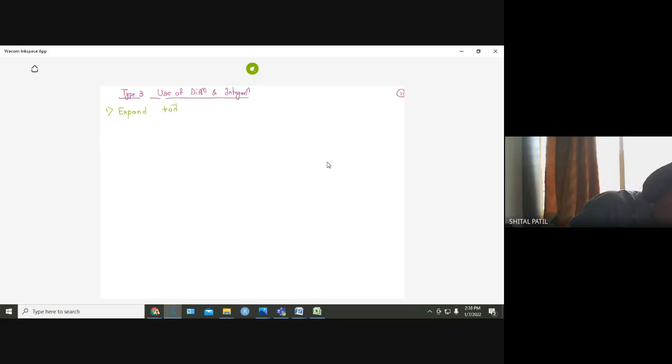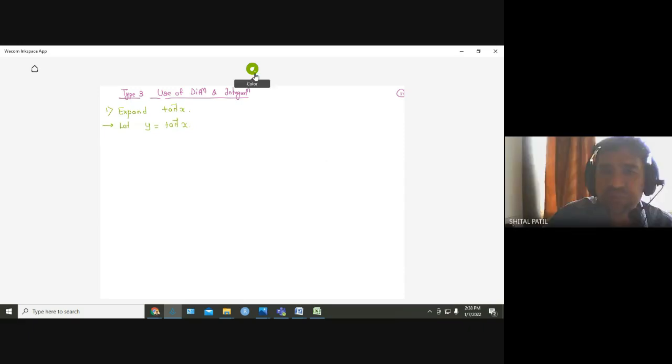Expand tan inverse x in ascending powers of x. Let y equal to tan inverse x. So we don't know expansion of tan inverse x. So what we'll do, we'll differentiate this. Again, question may be why we are differentiating, so we'll understand it. So differentiating